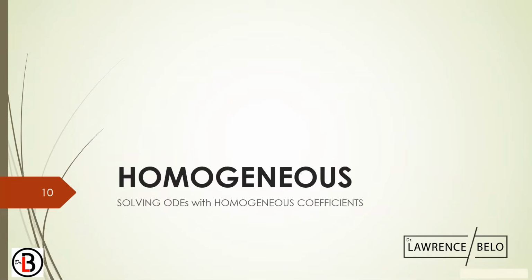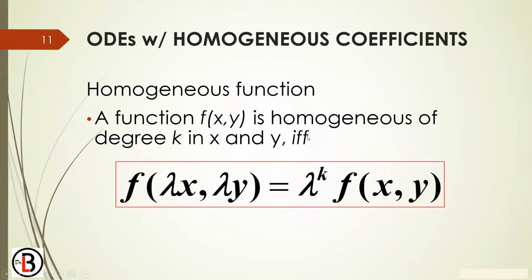The next type is what we call homogeneous. Solving ODEs with homogeneous coefficients. So what does it mean if it's homogeneous? Here, the definition. A function f of x, y is homogeneous, or homogeneous of degree k in x and y, if